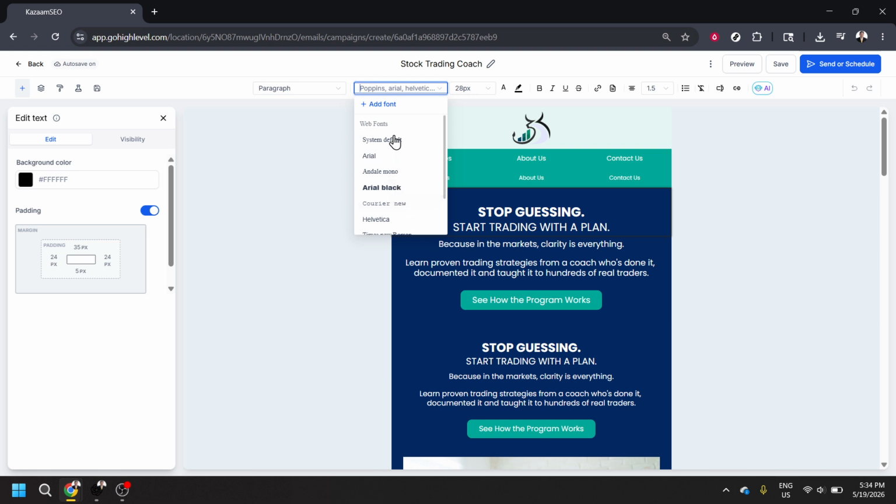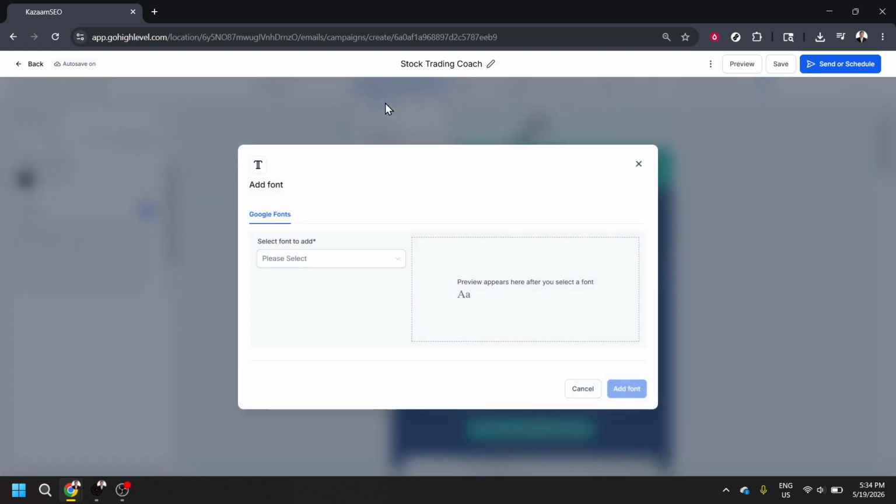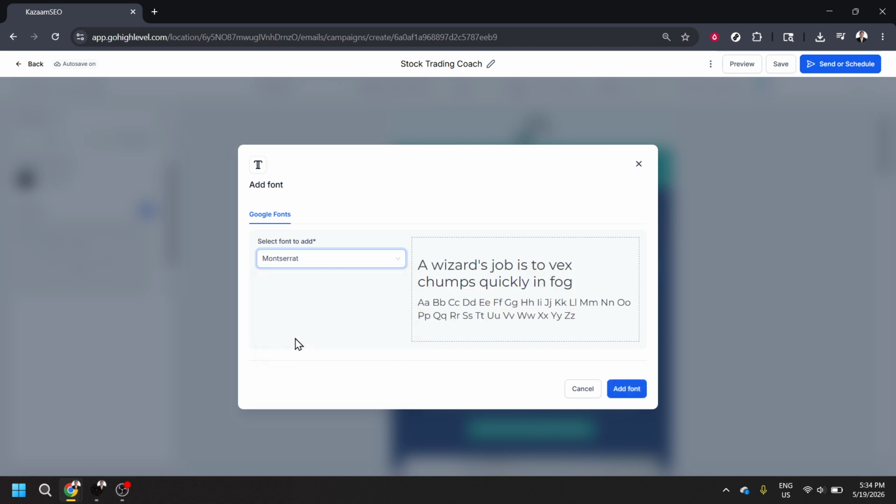Next, click Add Font. This opens the Google Fonts picker inside the builder. Here you can search and browse a large library of web-safe typefaces. Choose the fonts that align with your brand, such as Roboto for a clean, modern body copy, or Montserrat for bold, geometric headlines. While you're selecting, consider readability on both desktop and mobile, and think about pairing one font for